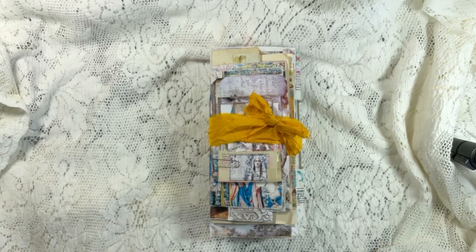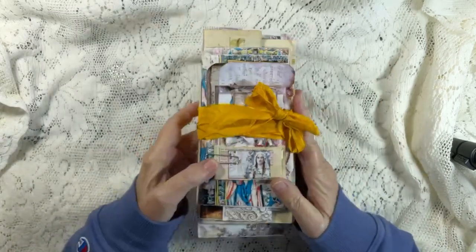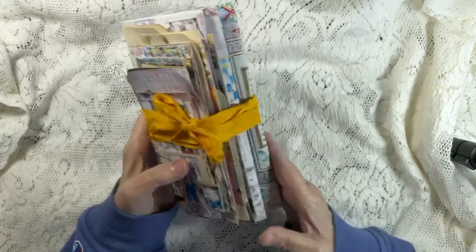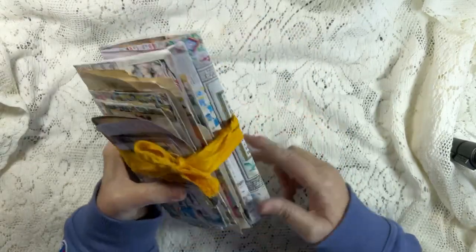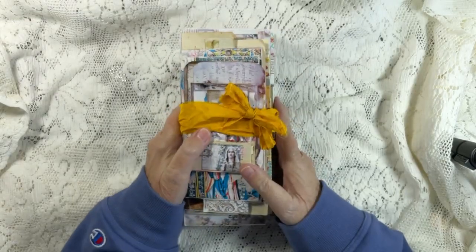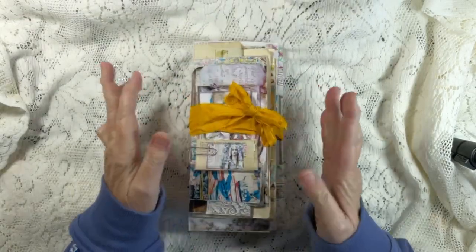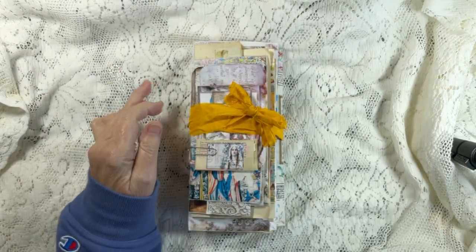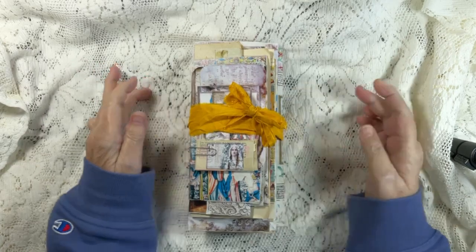This is Charlotte and we finished her. Look at this. Oh my goodness, guys. This is just a delight. This was so much fun. I can't wait to start the other. It's not going to be right away, but